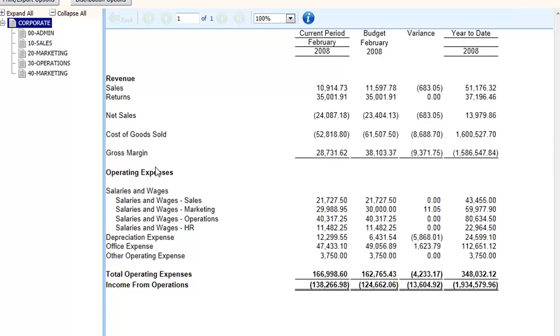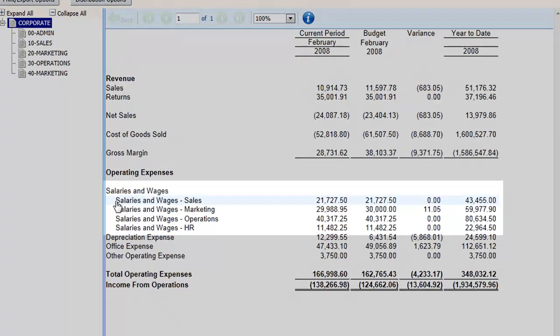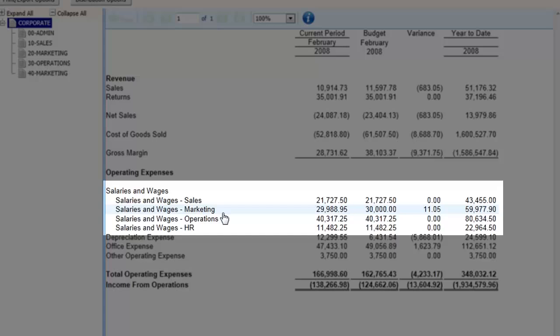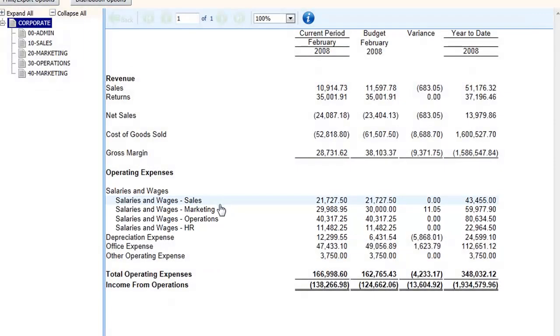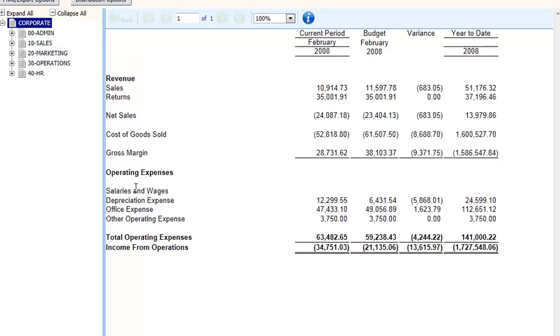So here's an example of a report that's using a fully qualified account to get a breakdown of salaries by department in the body of the report, as opposed to using a reporting tree. So this is the report that we want to be able to get to by using fully qualified accounts in our rows. But oftentimes when you have a newly converted report from FRX, or if you're designing a report from scratch,